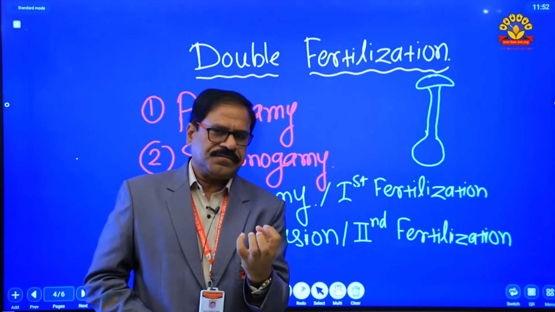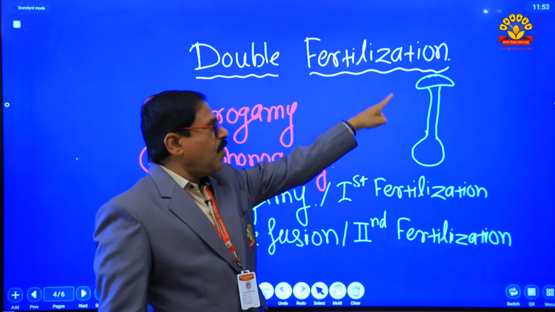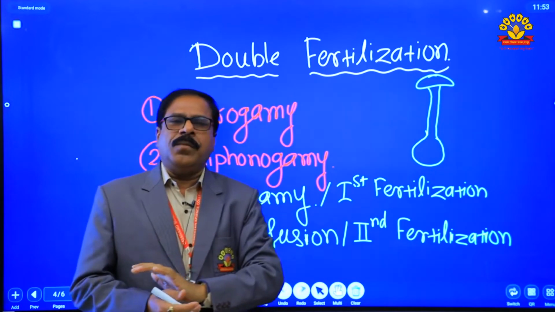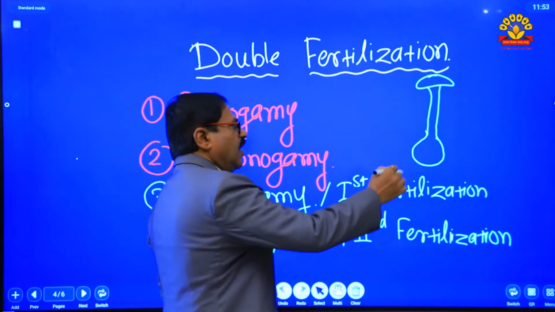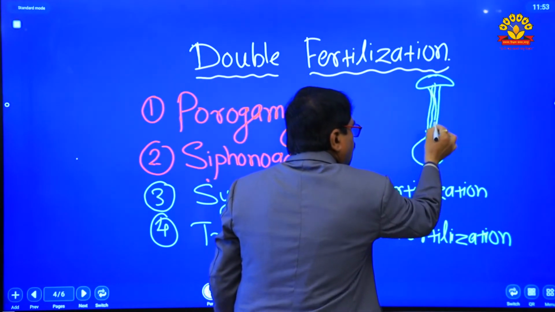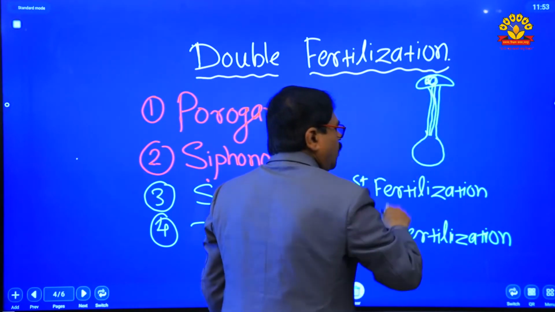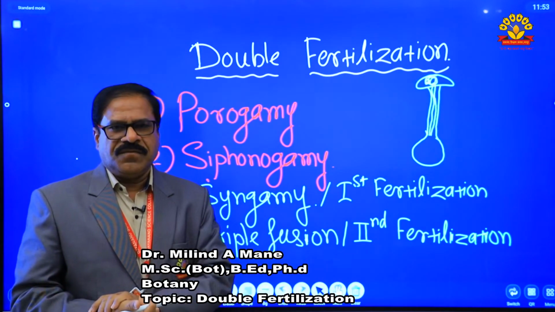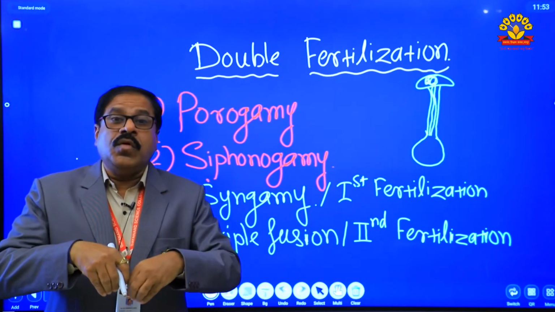pollen grains, and when pollen grains are received by the stigma, then during germination this pollen grain produces a pollen tube, and this pollen tube enters through the stylar cavity up to the ovary cavity. Thus, from the pollen grain the pollen tube is formed, and this pollen tube now enters the stylar cavity. This pollen tube enters the ovule body